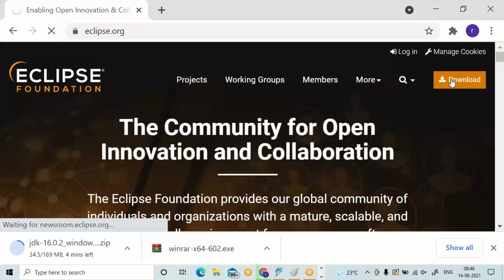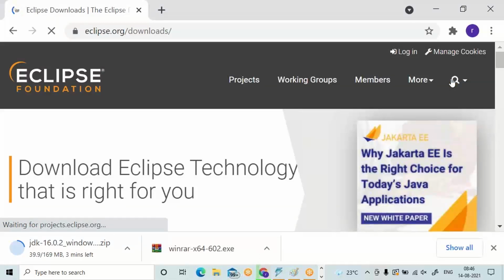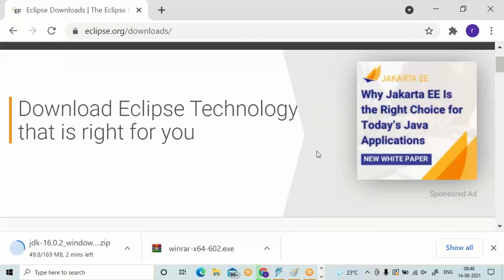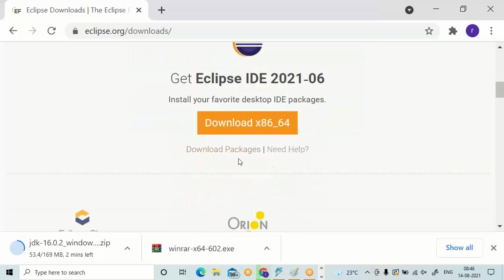In the top right, there is a download. Come little bottom. You need to select download packages. Click on download packages.